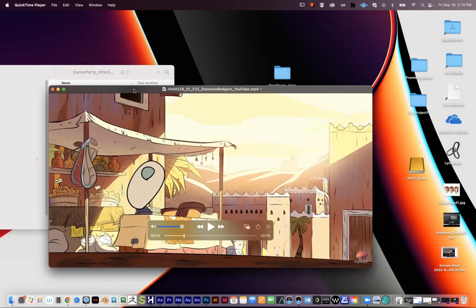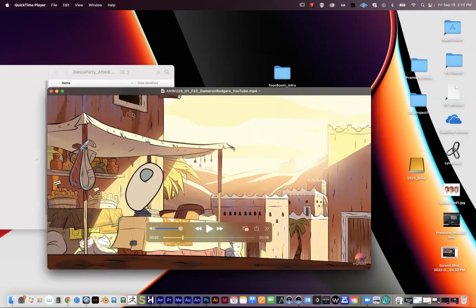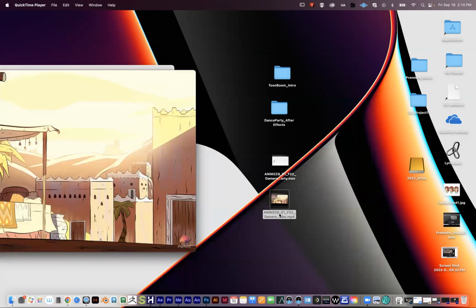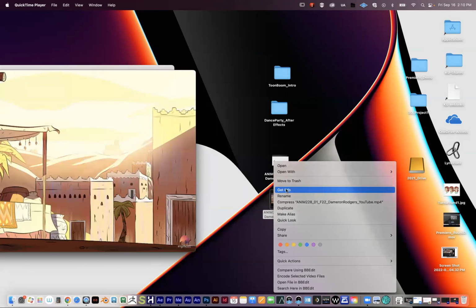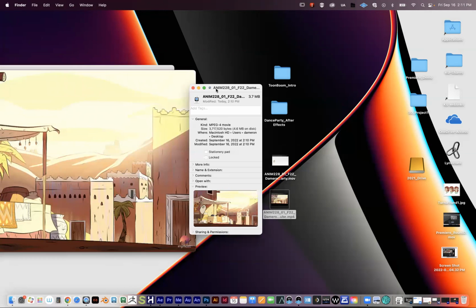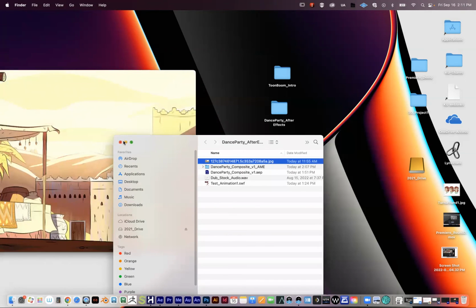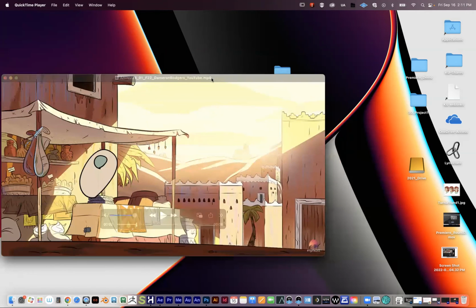And it should be a pretty good file size as well for uploading it to Canvas. So if I right click and go to Get Info right here, we can see that this is only about 4 megabytes, which is great. You know, it's a small file. Some of these MP4 formats are a really nice combination of